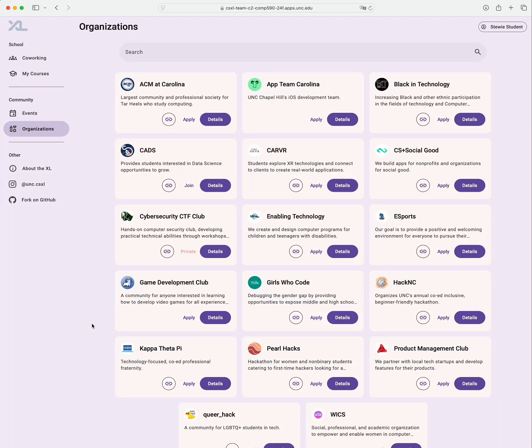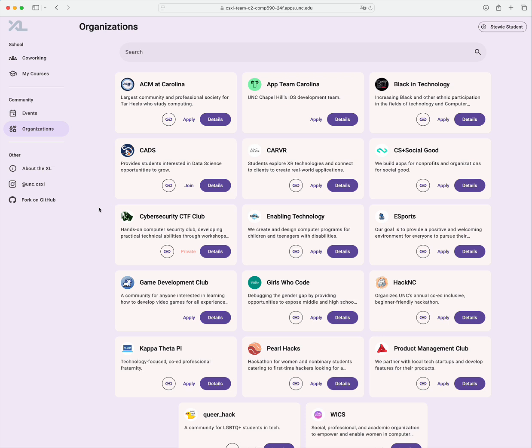Our final project is about an extension to the CSSG organization roster page, which creates a comprehensive student organization management system with member-only features. So let me show you our first user story about the guest experience. As a guest student, I want to check the organization details so that I can decide whether to apply